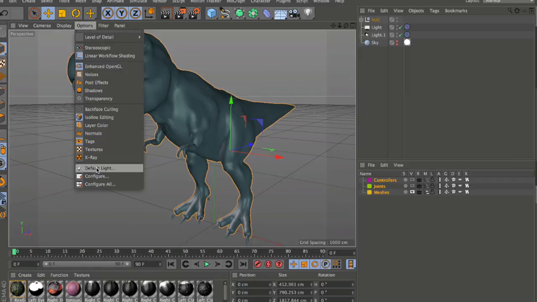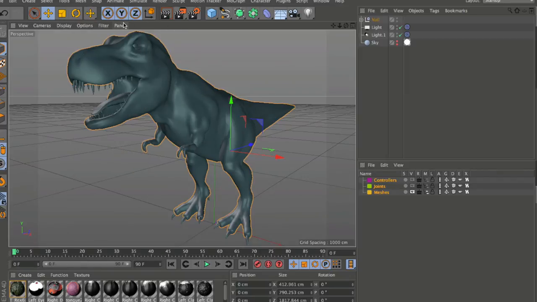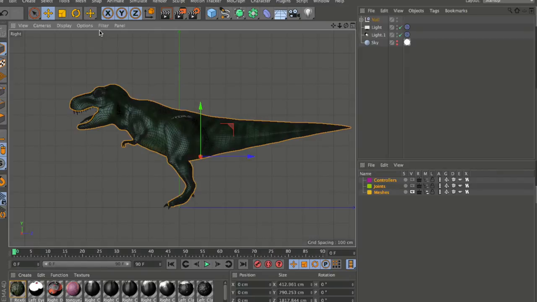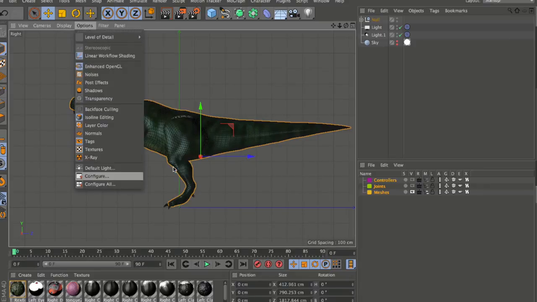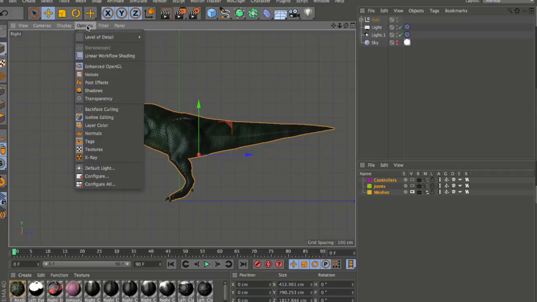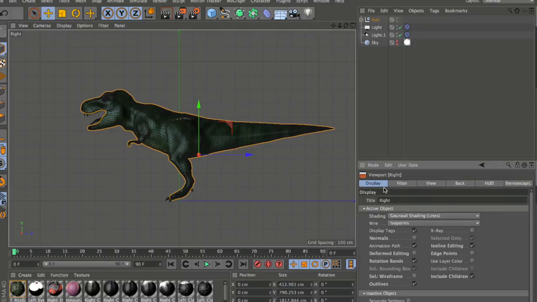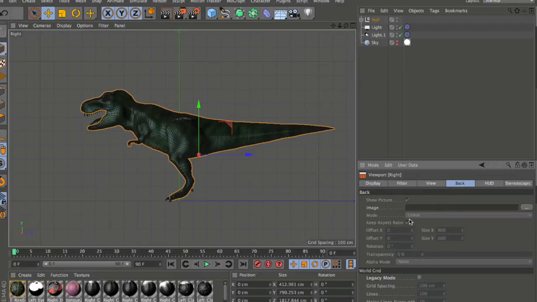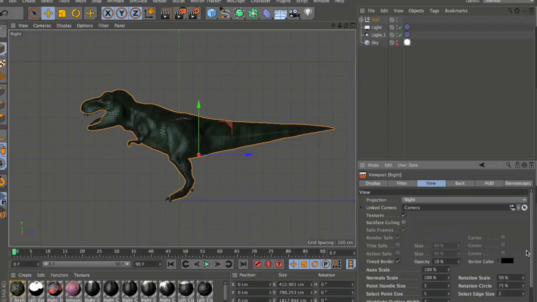The last option we'll look at here is the configure, and you'll see this is really handy when using things like background images to help build a model. You can come into options, configure, you can go to back, you can load images within your workspace. You have other options as well, including border color and border opacity for the tinted border command. What this does, let me go back to my